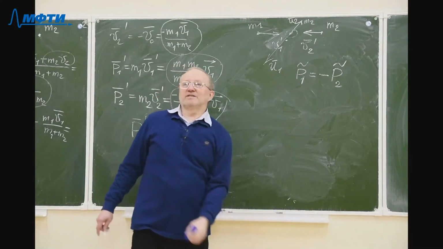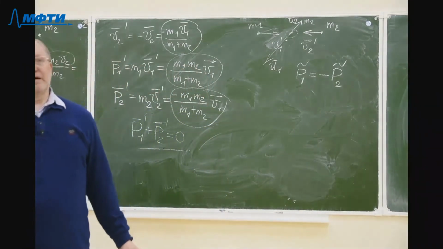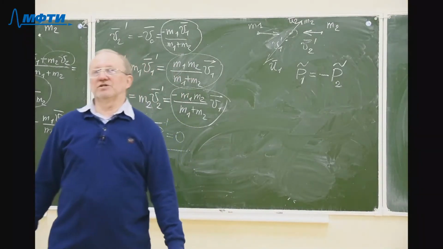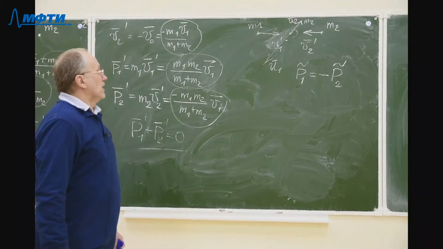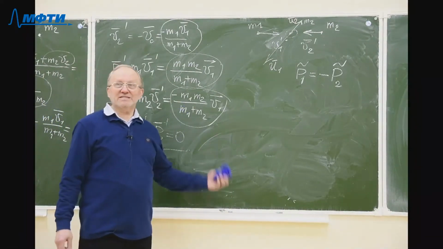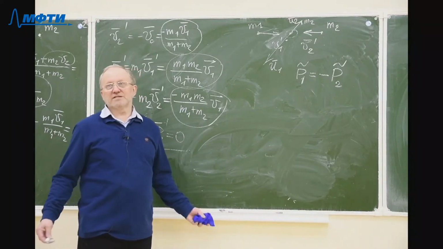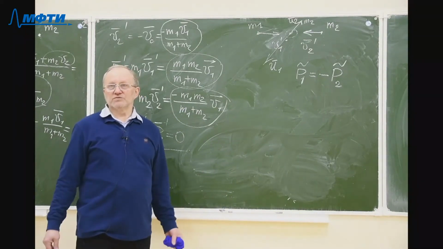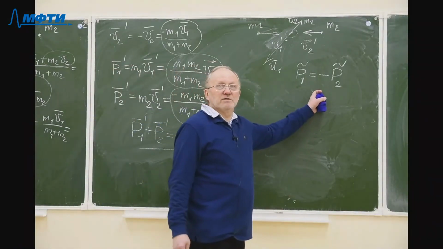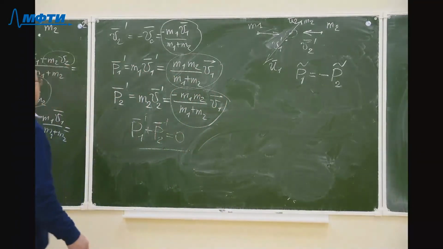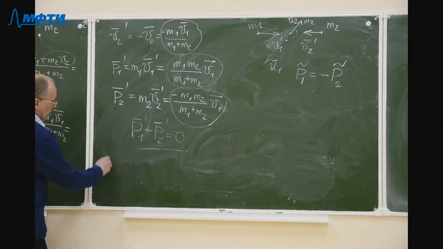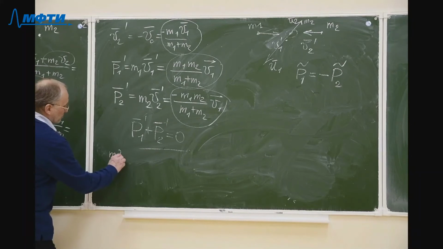In order to calculate the magnitude, we have to use another conservation law, the law of conservation of energy, the law of conservation of kinetic energy or mechanical energy in this process. And I already told you that if the collision is elastic, then by definition of elastic collision, mechanical energy is conserved. So the mechanical energy must be the same after the collision as it was before the collision. So I have just to calculate the mechanical energy here before and after the collision, and the mechanical energy of one particle, for example the first particle, before the collision was